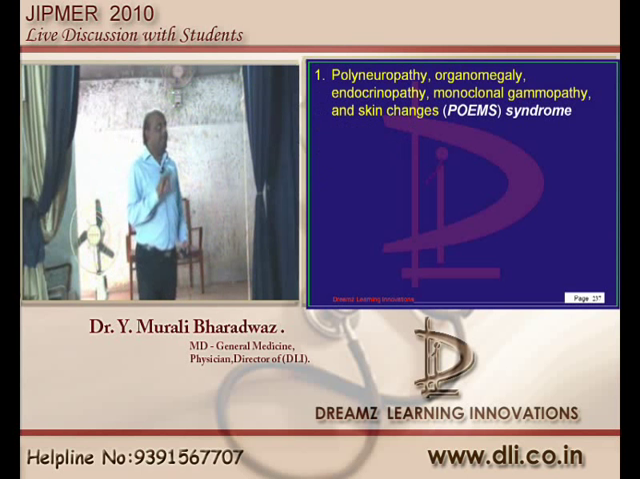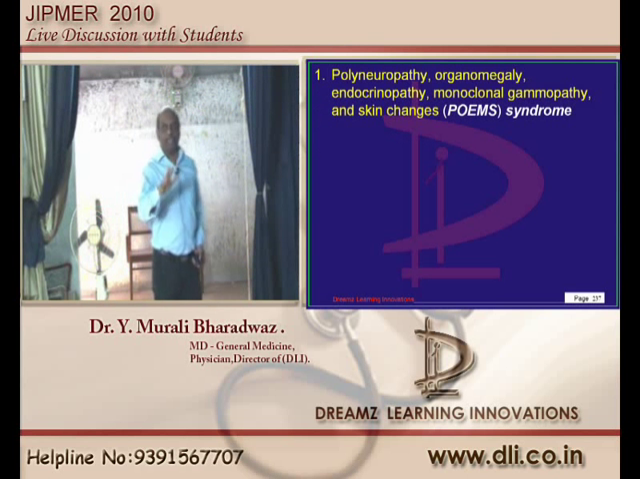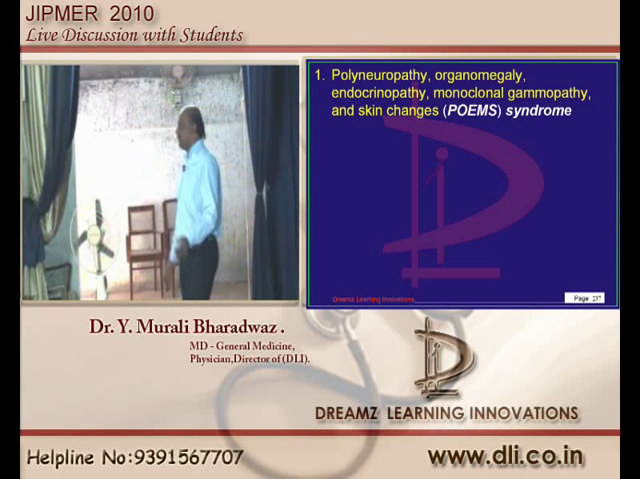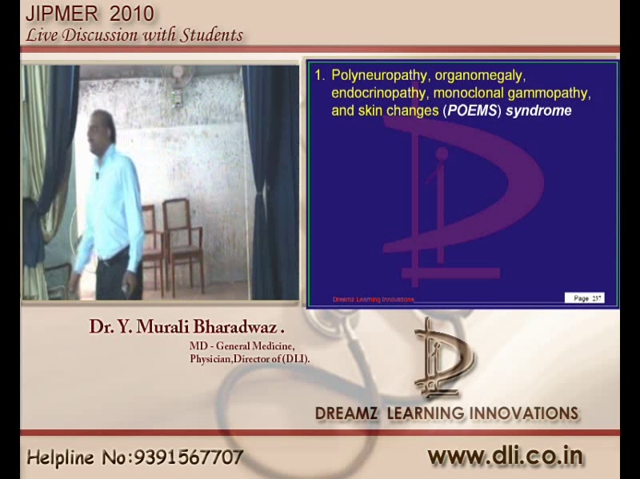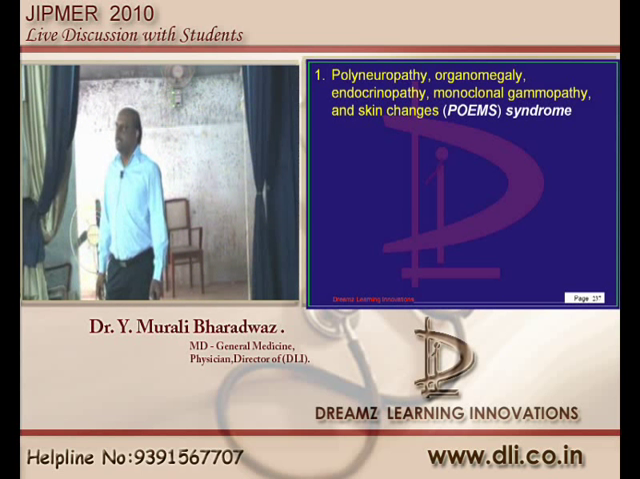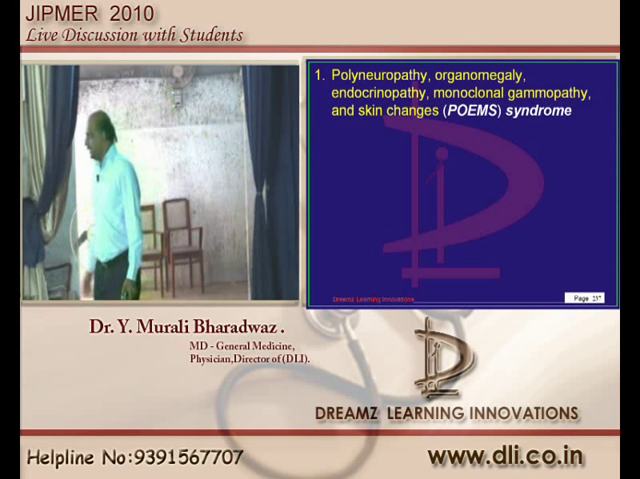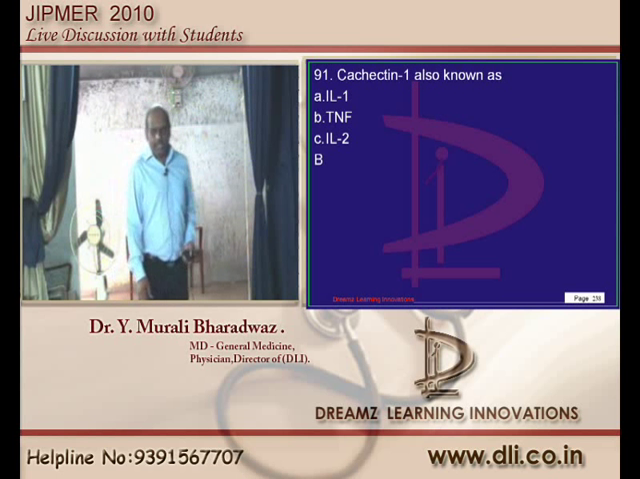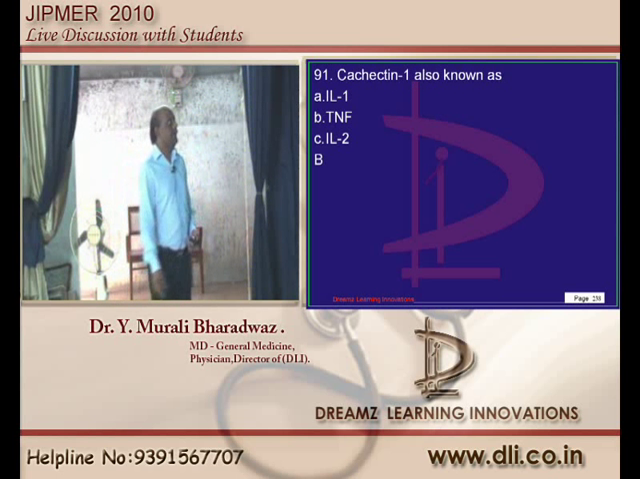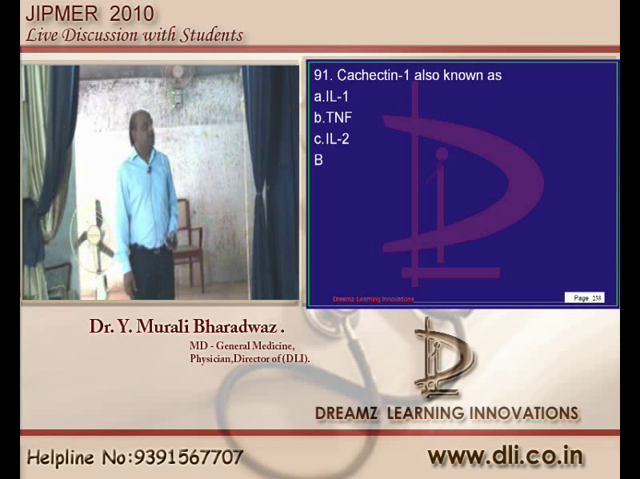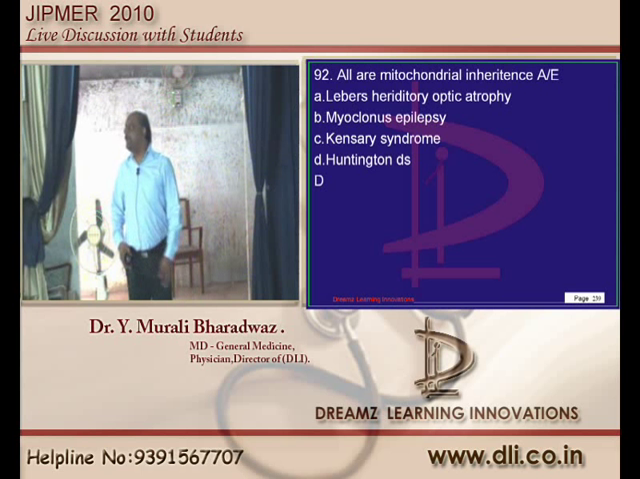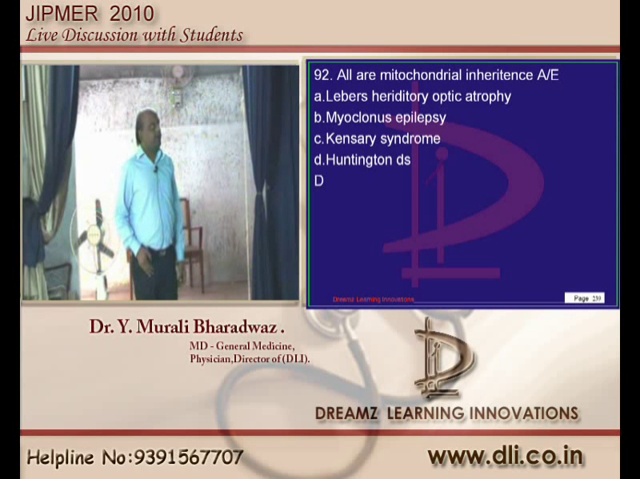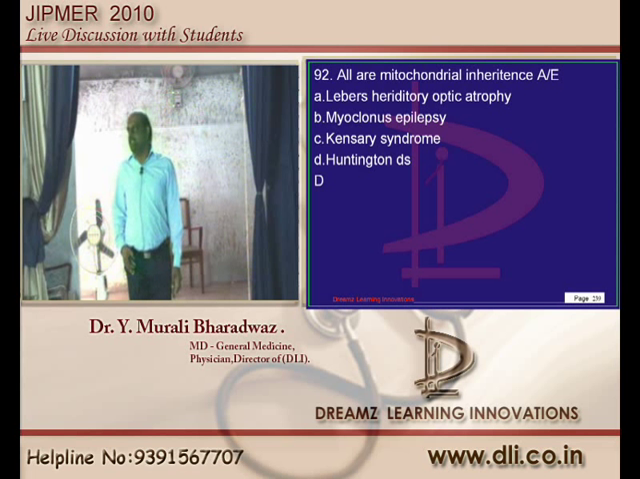Polyneuropathy, organomegaly, endocrinopathy, monoclonal gammopathy and skin changes. The combination which you find in the case of gammopathy is typically called POEMS syndrome. Tumor necrosis factor is called cachectin. Then myoclonic epilepsy and Leber hereditary optic atrophy are all mitochondrial inheritances, but not Huntington's chorea, which is an autosomal